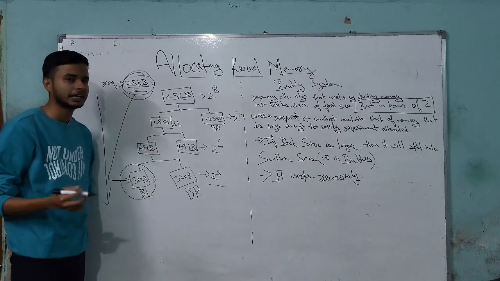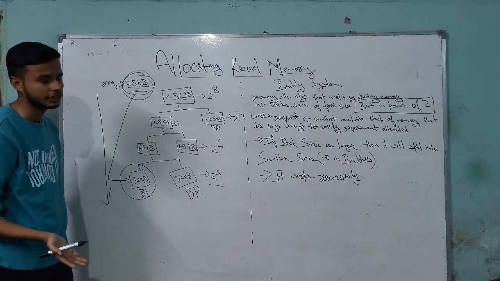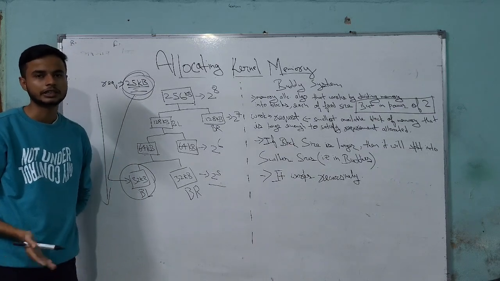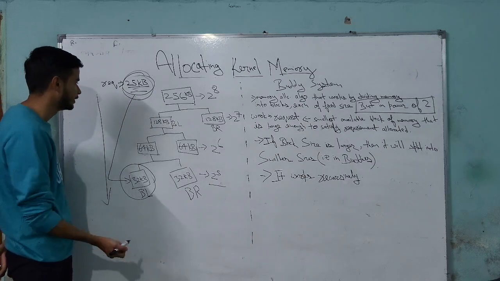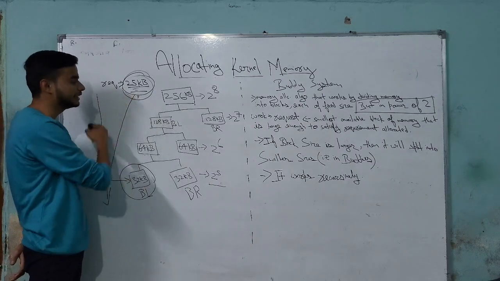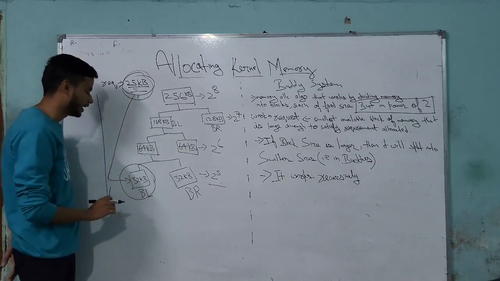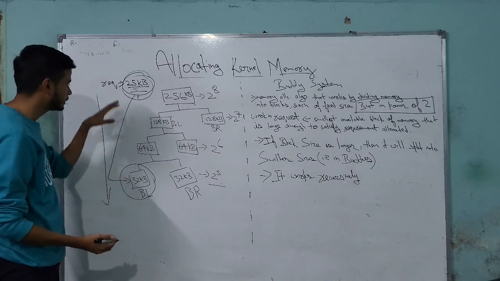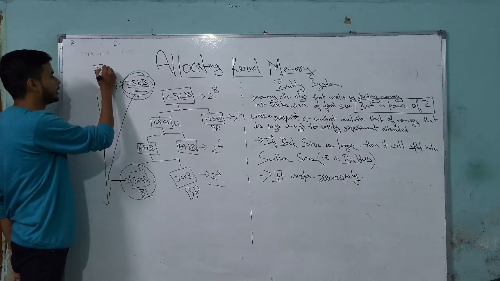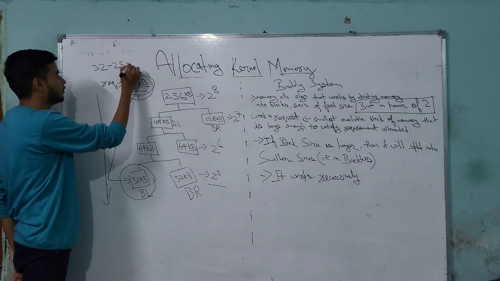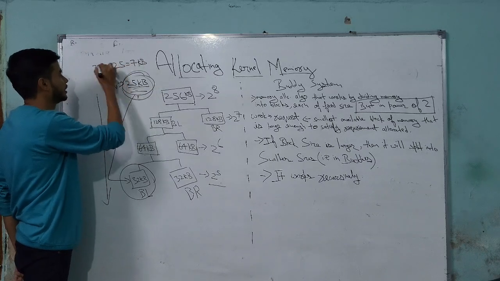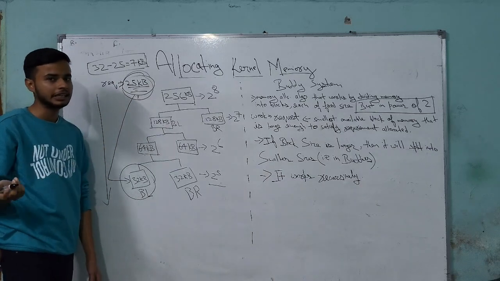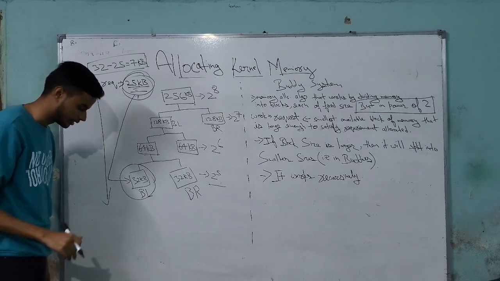This 25 KB can be anything, as we have seen and discussed earlier. It can be process descriptors, it can be semaphores, it can be objects of the files, it can be anything. So what if the memory size is smaller than the block? Here we have one observation also, that is the wastage of memory. For this, the wastage of memory will be 32 minus 25, which is equal to 7 KB. So this is the problem of fragmentation. We will see it in the disadvantages of the buddy system later.